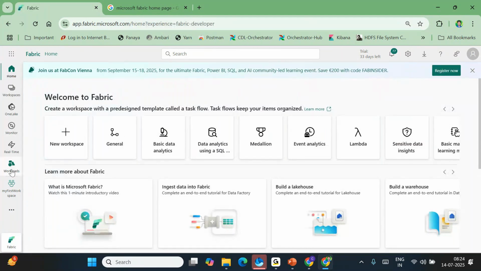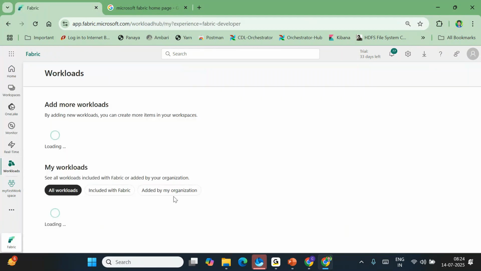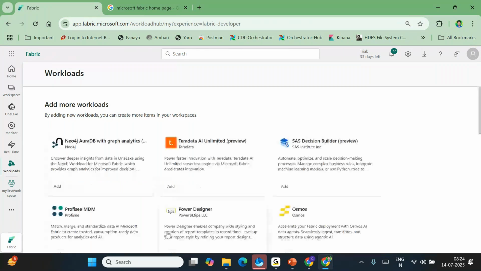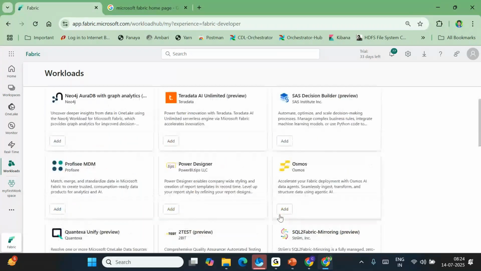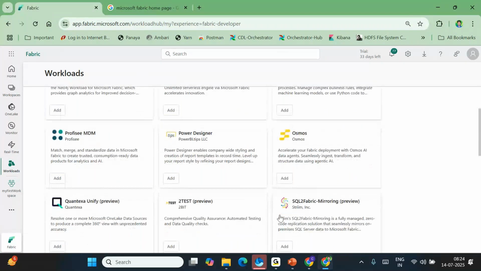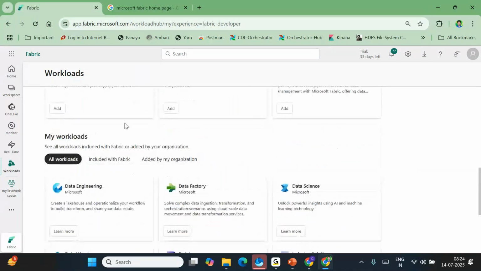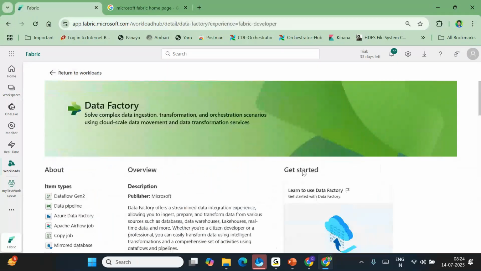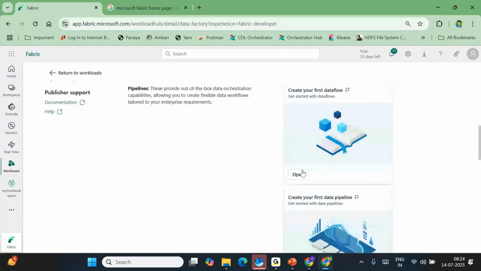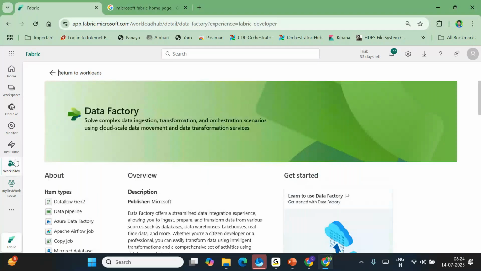Now workloads: if you want to add more workloads, meaning you want to integrate with some other things, you can integrate here. If you want to know data engineering documentation or data factory documentation, you can go and see here in the workloads.